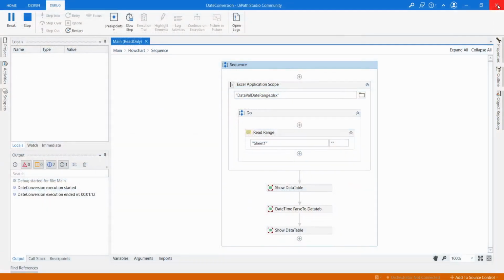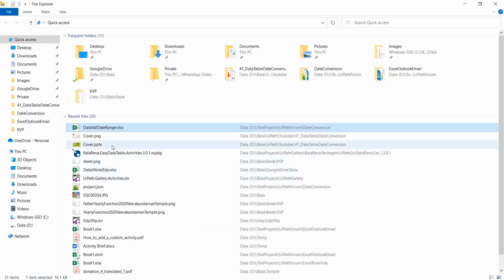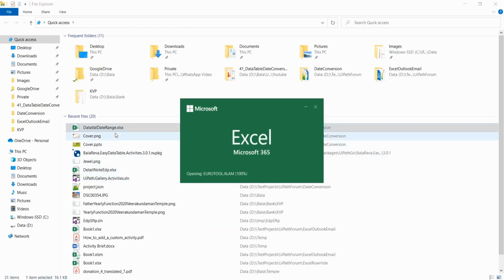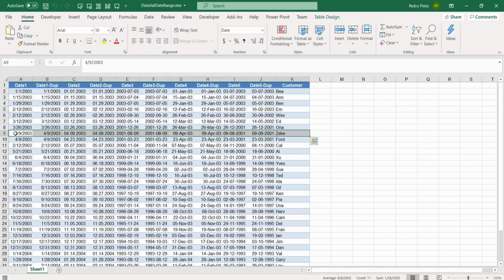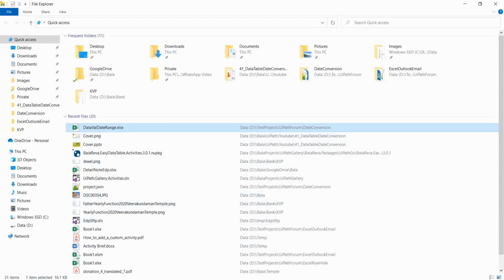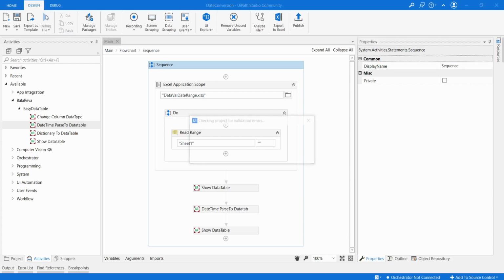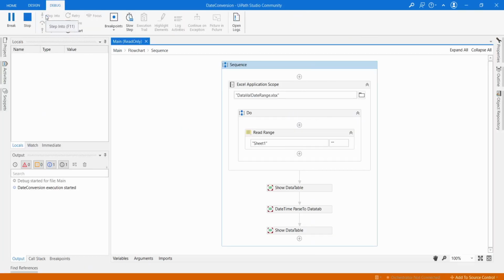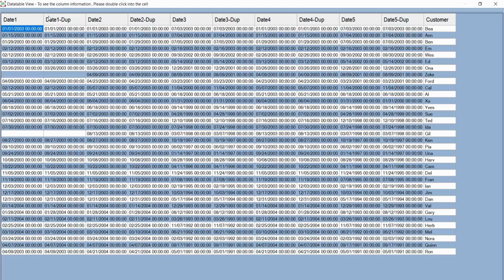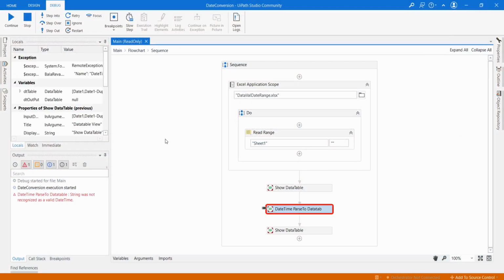Okay, in case I am having an empty value in the Excel file, for example, I'm going to remove these two values. Okay, here we have a blank cell. What happens? Let us see. I'm going to execute the process. This is before conversion. Yes, after the conversion it's giving an error. Okay, so in that case you stop the workflow.